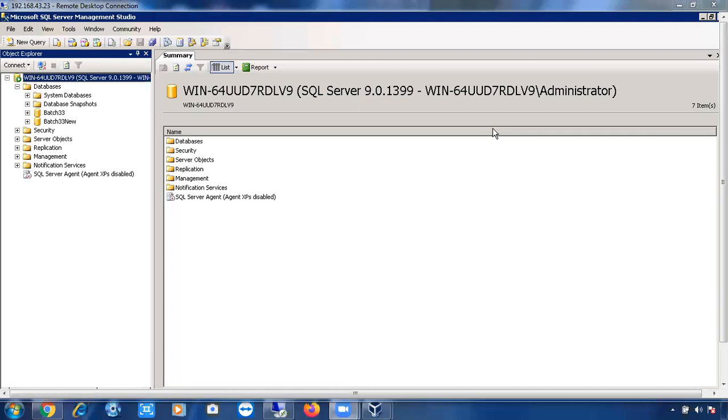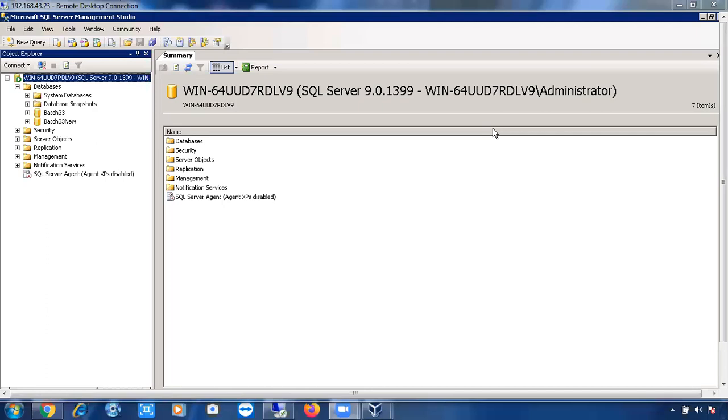What is meant by instance root directory? It is the directory in which we have the SQL Server folder, and inside it the log folder, bin folder, and data folders. Till that folder: C program files, Microsoft SQL Server, then the instance name folder will be there. If you go inside that instance name folder, that path is called the instance root directory.